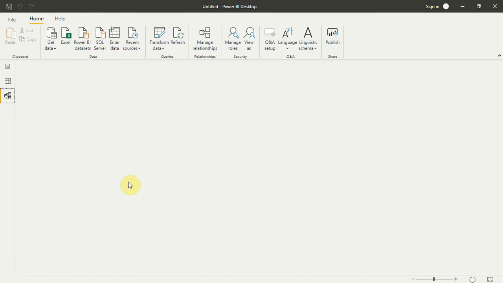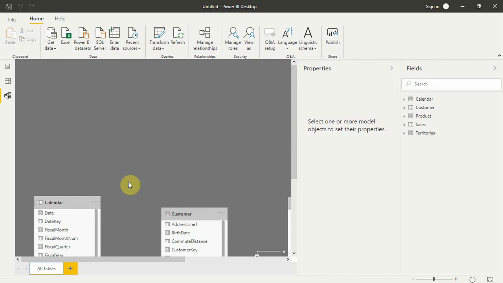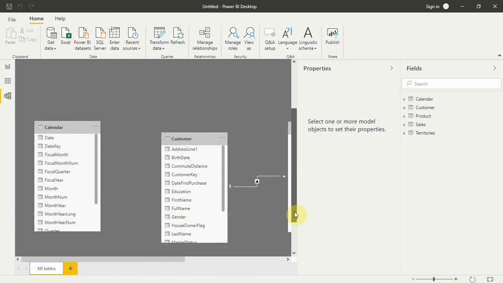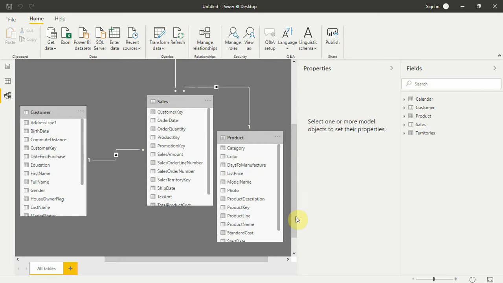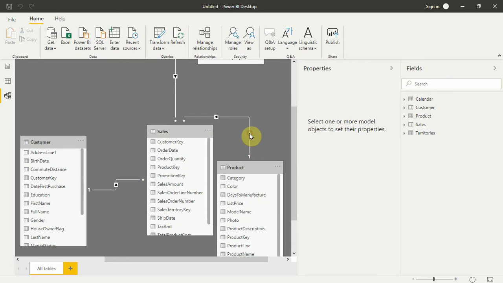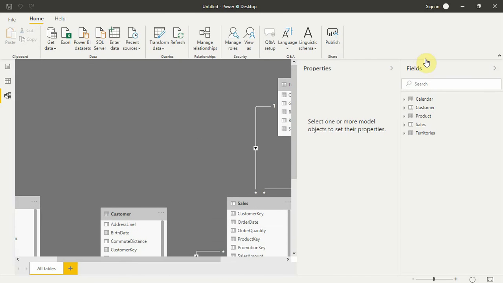So what do you think will be in the model tab? The model tab contains the actual modeling. It contains the actual relationship between the tables. So here as you can see, the tables are connected to each other by some things. If you just click, you'll get the relationship. So the product key is connected to the product key of the other table, and we'll get back to the model tab later when we do the actual modeling here. All right, so let's just go back to our data tab.